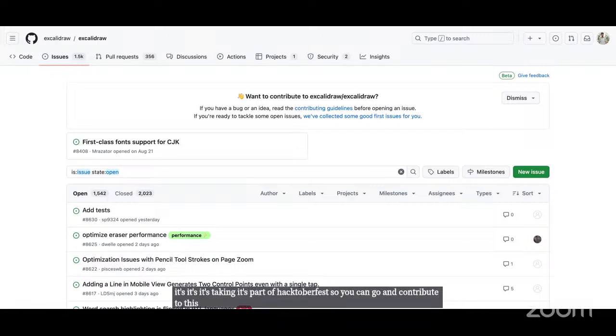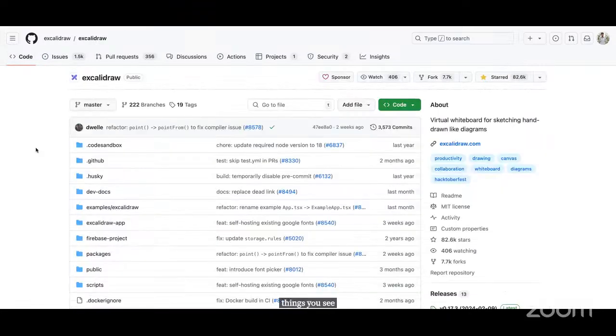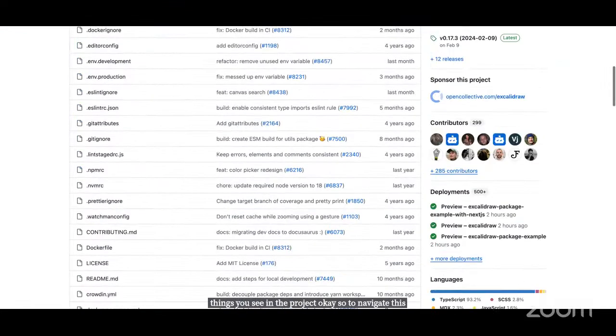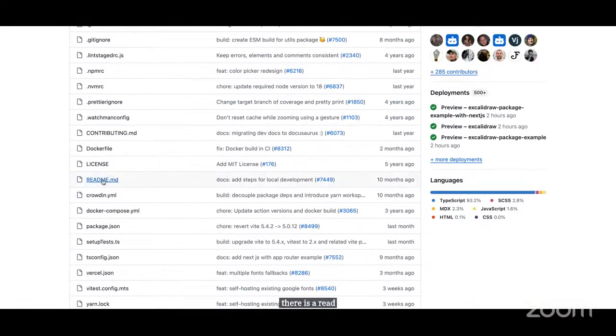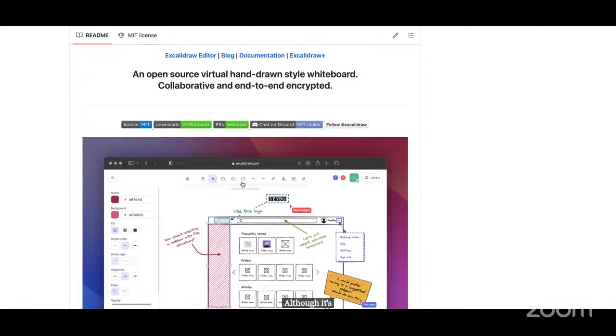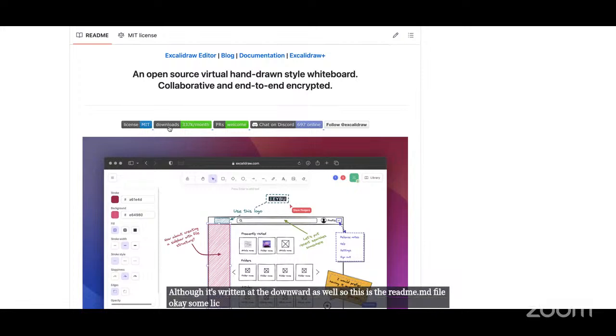Now the project is slightly, as a beginner, you might be overwhelmed by the number of code lines and number of things you see in the project. So to navigate this project easily, there is a readme.md file. If you open this, although it's written at the bottom as well, so this is the readme.md file. Some licensing is also there. Download, see,